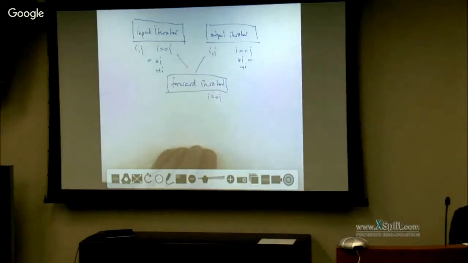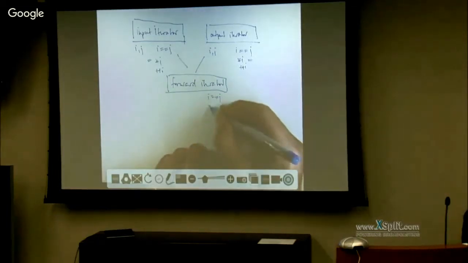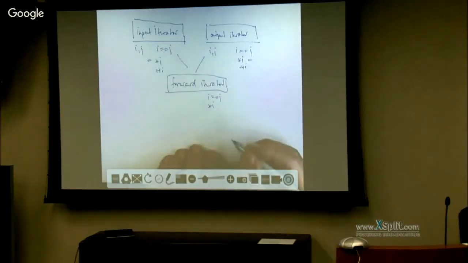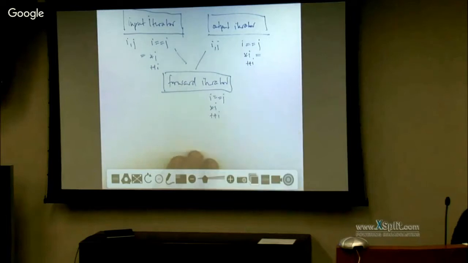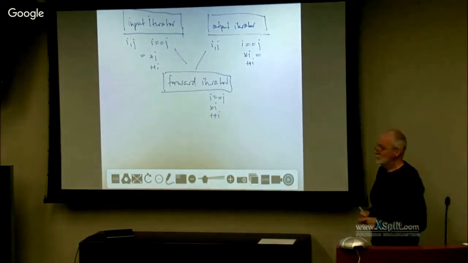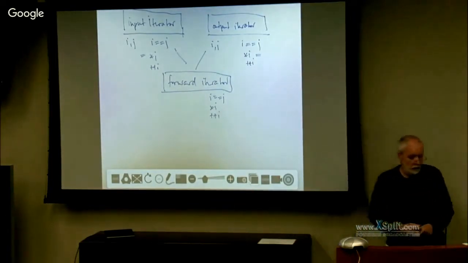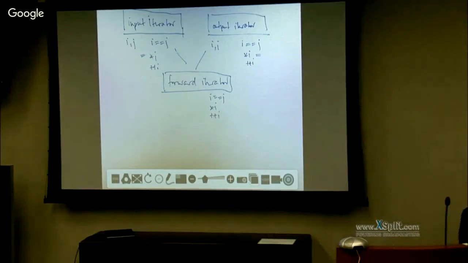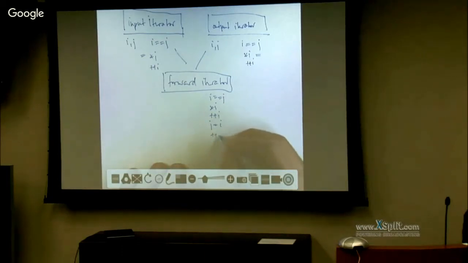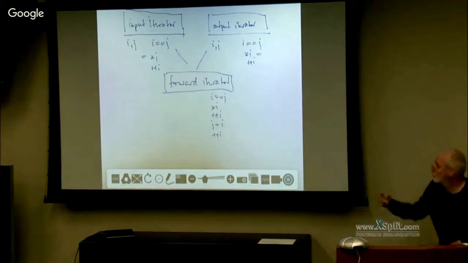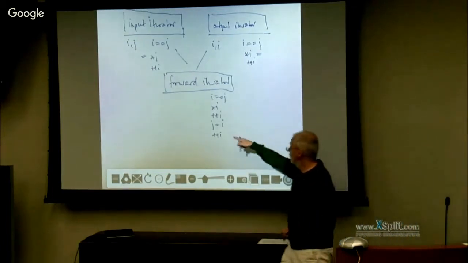We need that always. You want to be able to dereference, but this time you want to read and write from it. You want to increment it by 1. And what you want to be able to do is take a copy and go back in time. So you want to be able to say j equals i, then increment i, and then go back in time and compare with j.